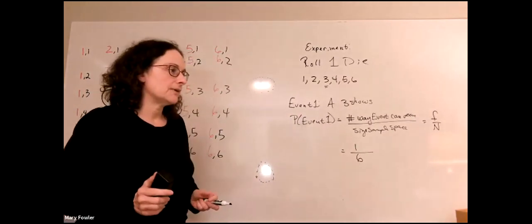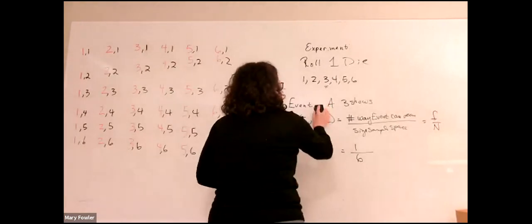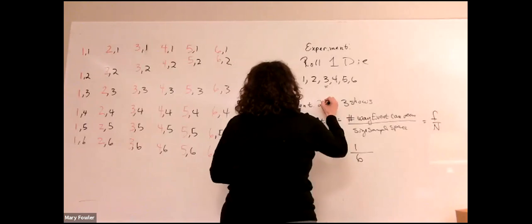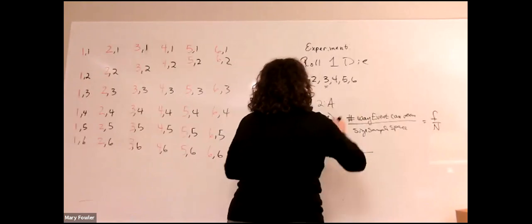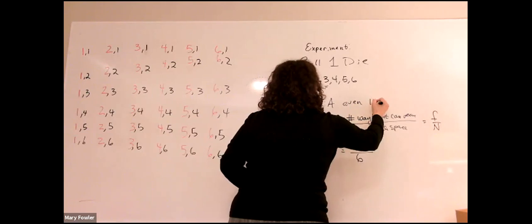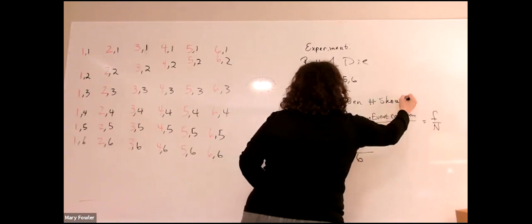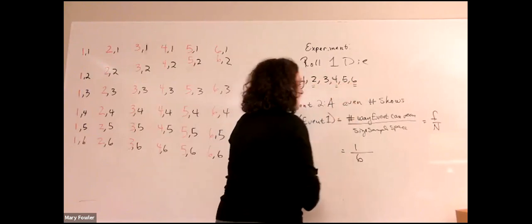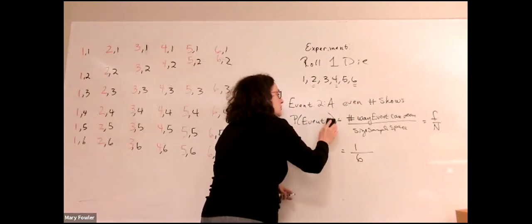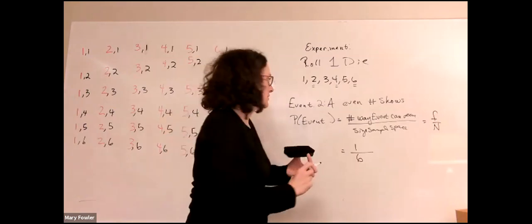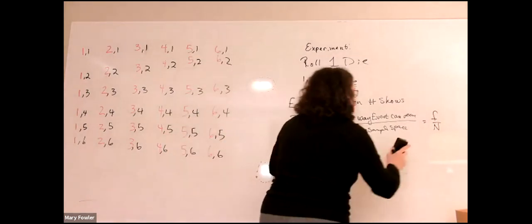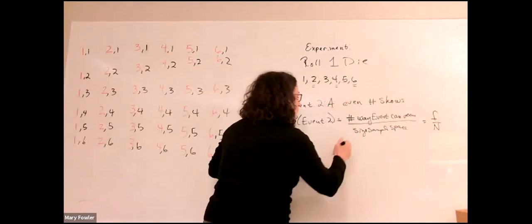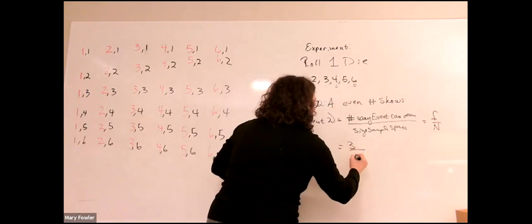Let's look at the next event, an even number shows. So from the notes, we have event 2, and we are looking at an even number shows. I'm going to come over here and just underline the way event 2 can occur. It can occur with a 2, a 4, or a 6. So event 2 is the number of ways the event can occur, which is 3, divided by the size of the sample space,